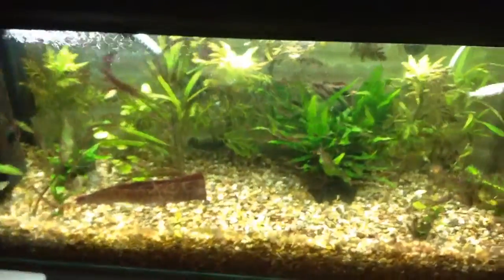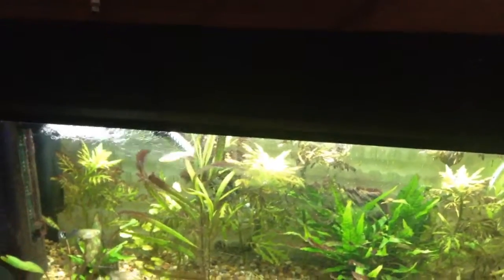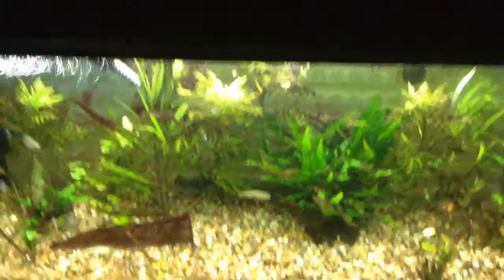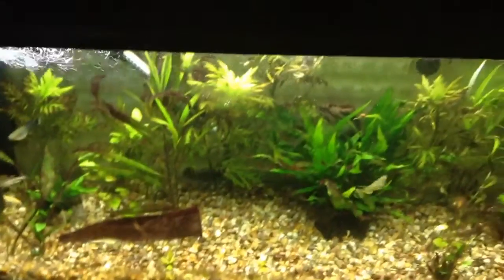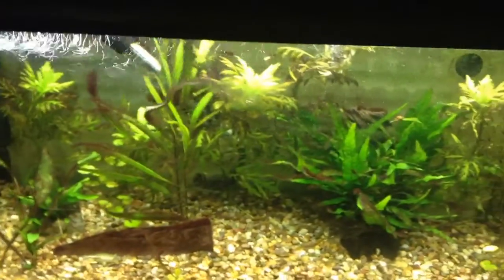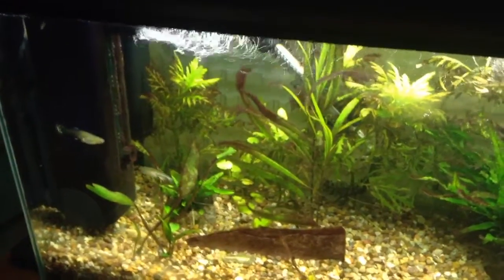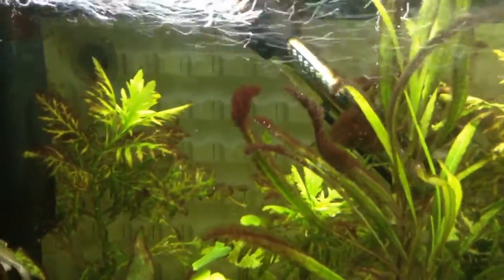So I'll just spin you around to the 20 gallon. This is a 20 gallon aquarium with fancy T5 fluorescent tubes. There's 48 watts worth on here, and okay, this tank is deeper and it doesn't grow as well. It's plagued by the brown hairy algae, and it grows at the tips,